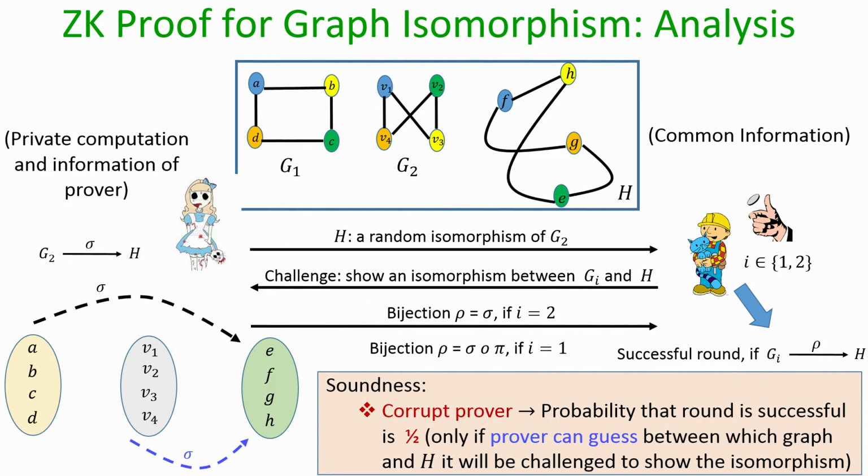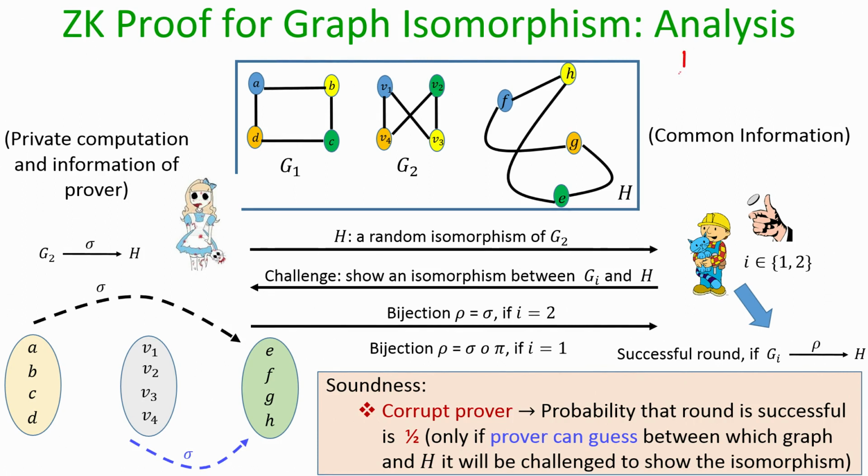But we are repeating this process k number of times, because Bob is not convinced just by doing this protocol once. Depending upon how confident he wants to be in the claim of Alice, he may repeat the protocol k number of times. So, what is the probability that in each of the k iterations a bad Alice, who does not know the isomorphism between G 1 and G 2, successfully ends up passing all the k rounds?